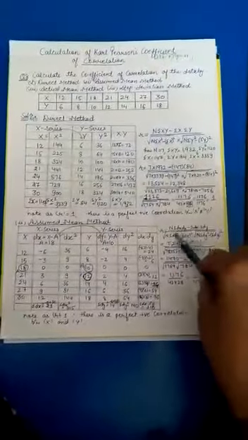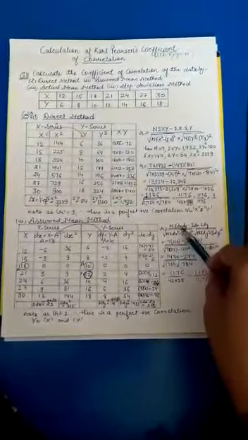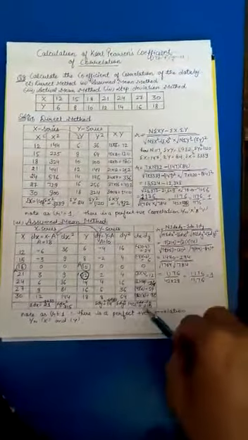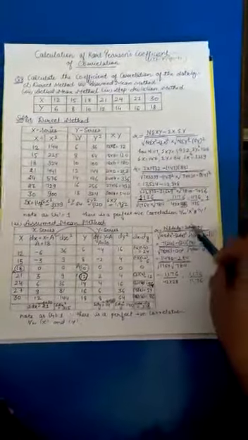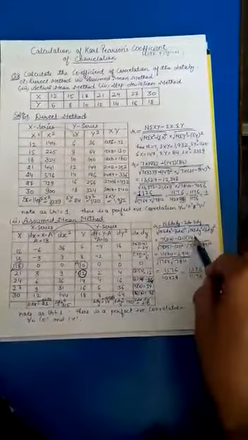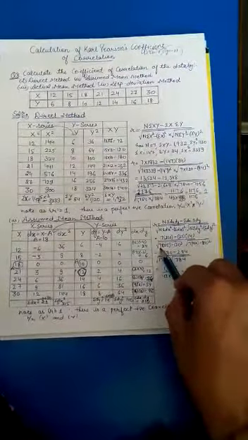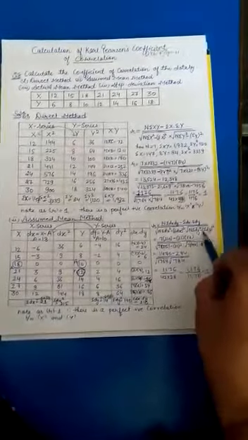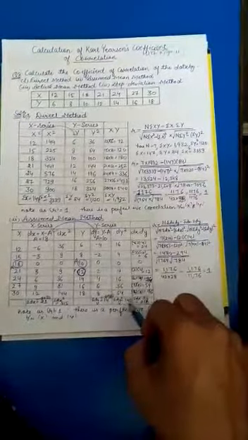So after putting in the formula, you will put carefully n is 7, sigma dx dy, that is this total, that is your 210, then your sigma of dx, that is your 21, and then sigma of dy, that is your 14. You will put this here, and in under root form you will put 7 and your sigma dx square, that is 315, and then it is your 21 square. Here you will put dy square, that is 140, and minus 14 square, and after this you will get the value 1470 minus 294.